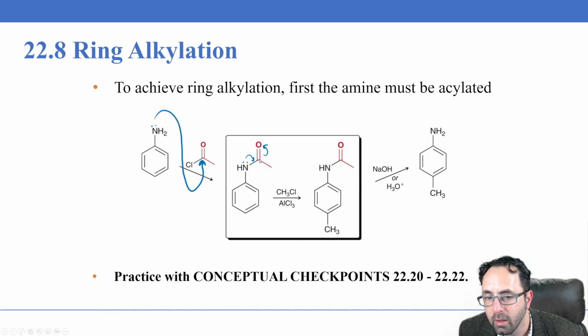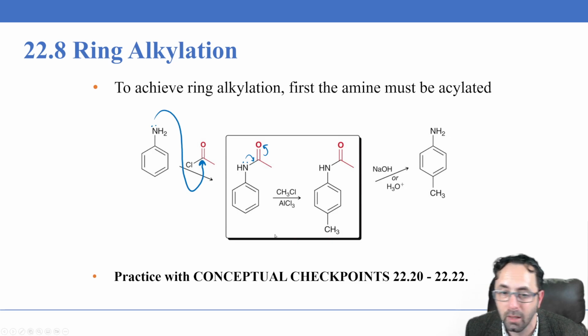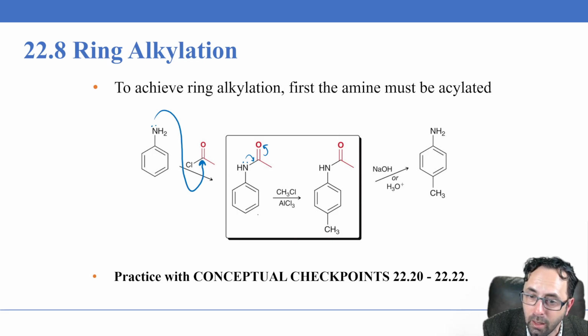And so this really spreads out the electron density, making the nitrogen significantly less nucleophilic. And so that means that now the benzene ring can behave as a nucleophile. And you guys hopefully will recall the Friedel-Crafts alkylation and acylation when we have the combination here of an alkyl chloride with the AlCl3,